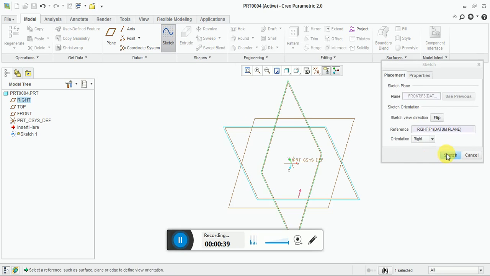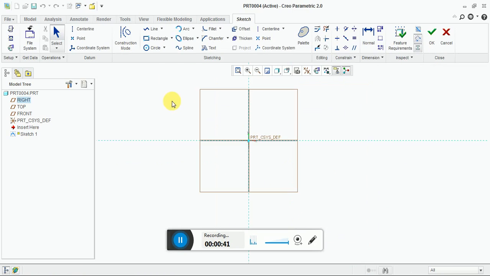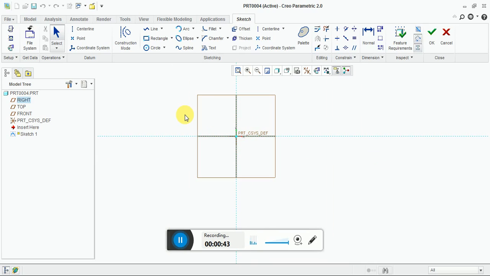This is the front plane sketch. So to revolve we need one construction center line. The center line is available. This is a geometric center line and this is a construction center line. Please don't avoid this center line. This is used only for sketching purposes, for reference only. This center line is a geometric center line, so use only this center line. Most of the students forget to use this center line.